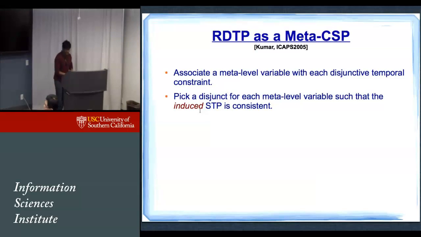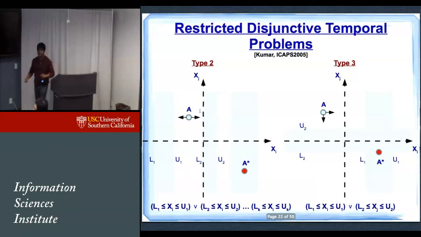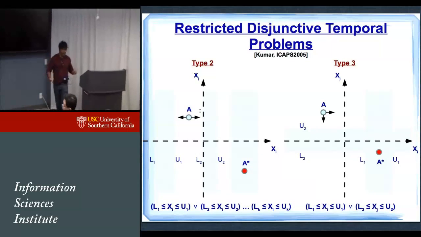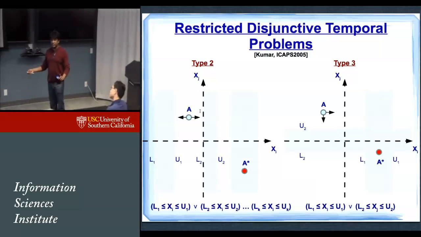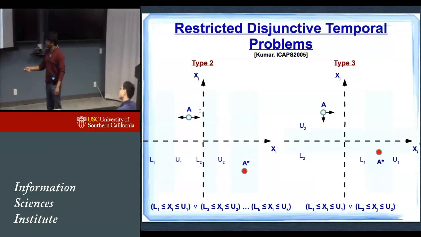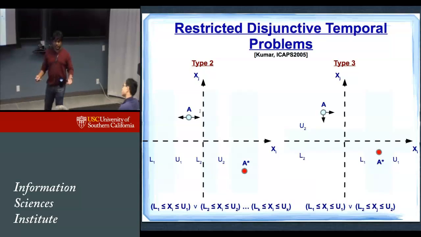Okay. Let's say that every time I pick a disjunct here, I'm going to associate a meta-level variable with each of these disjunctive constraints. The domain of such a meta-level variable would just be the individual disjuncts. So I have to pick one disjunct from each disjunctive constraint such that the induced set of constraints are going